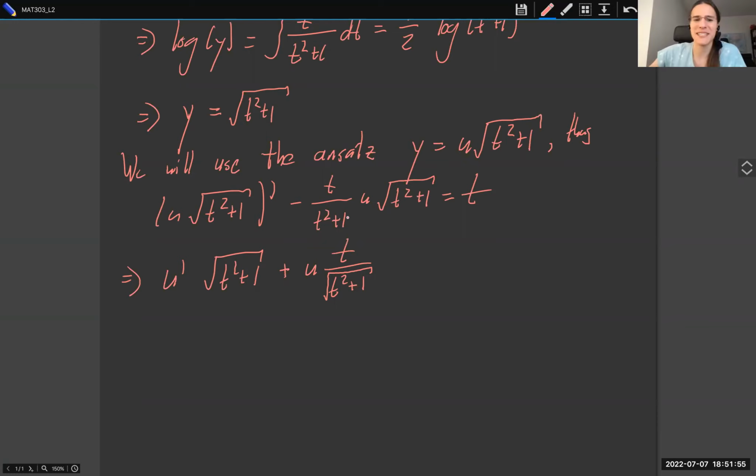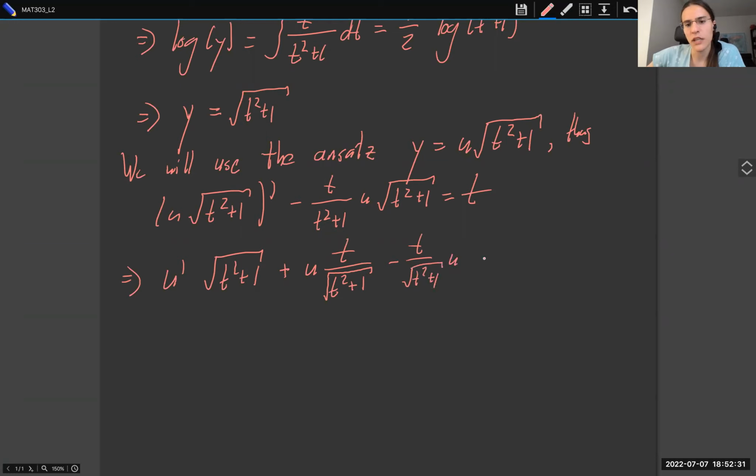Yeah, so here's what happens. When you take the derivative, you get a factor of 1/2 coming from the square root when you bring the exponent down, right? And then when you do chain rule and take the derivative of t squared plus 1, you get a 2t. So the half cancels out with the 2. So we get this expression right here, and then we have this expression, but notice there's a square root of t squared plus 1 here, and there's a t squared plus 1 here, right? So we might as well cancel it out, right? So we get minus t over square root t squared plus 1